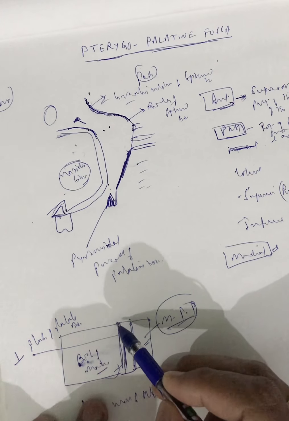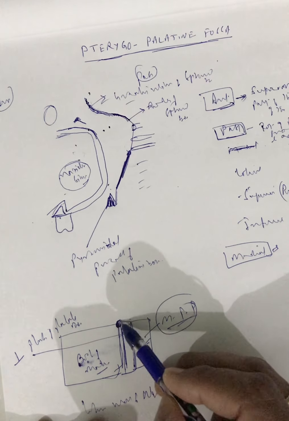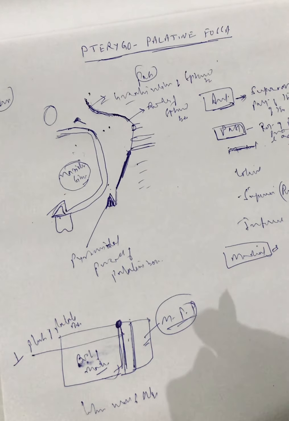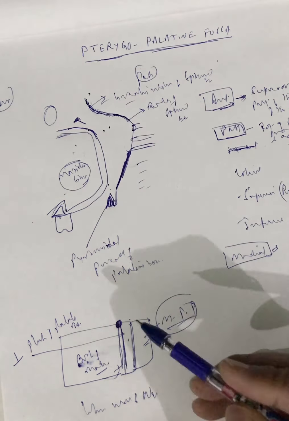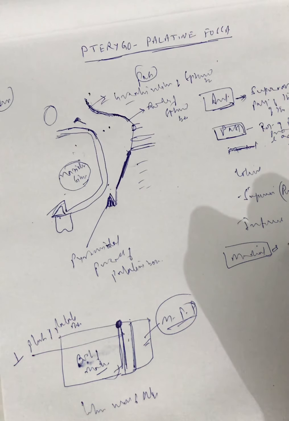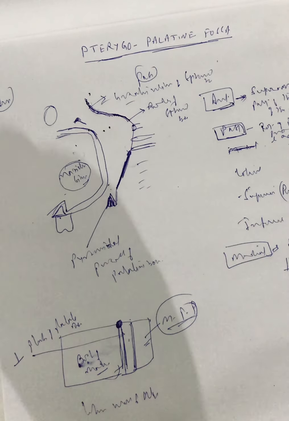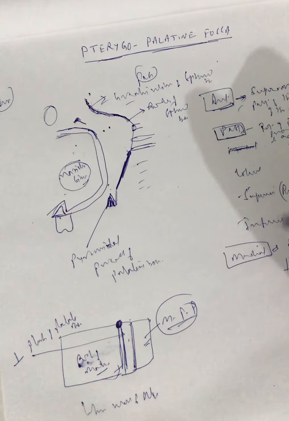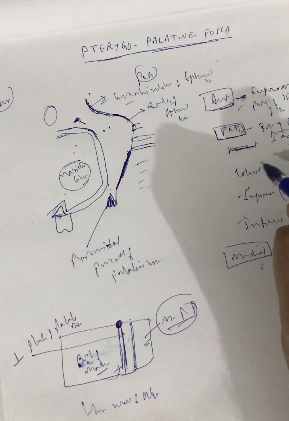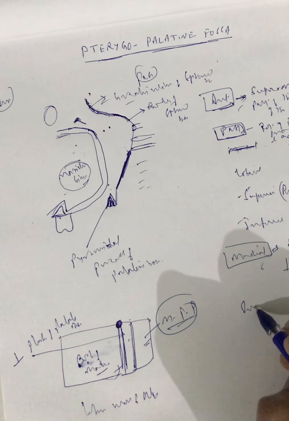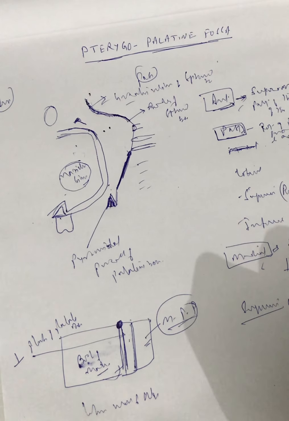So at this point our triangle, the pterygopalatine fossa, is over here. So the medial wall is being formed by the upper part of the perpendicular plate of the palatine bone. Clear? Now we are clear with the anterior, posterior, and the medial. Now we are left with the lateral. We will talk later. Now we come to the superior wall, or roof.